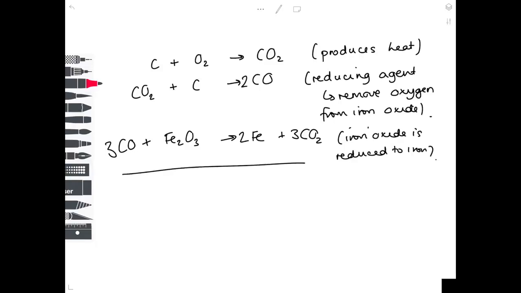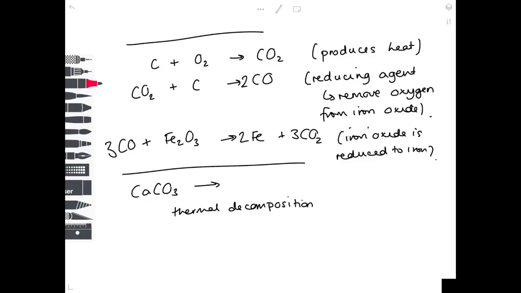Now it's important that we look at the limestone step. So this is kind of separate to everything that's gone on before. So we have our calcium carbonate, which is obviously limestone. It's going to undergo a thermal decomposition reaction, so make sure you can name the type of reaction, to produce calcium oxide and carbon dioxide. And it's that calcium oxide that's important because it reacts with the acidic impurities found within the blast furnace, producing